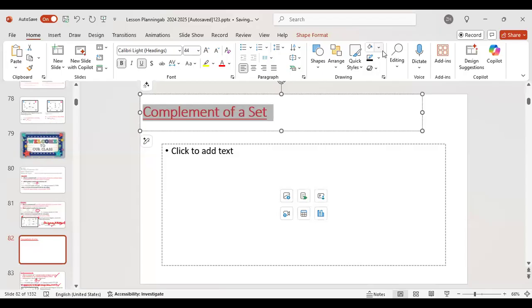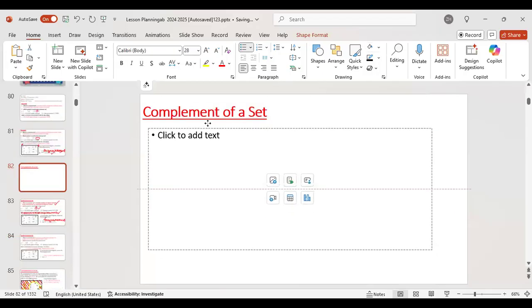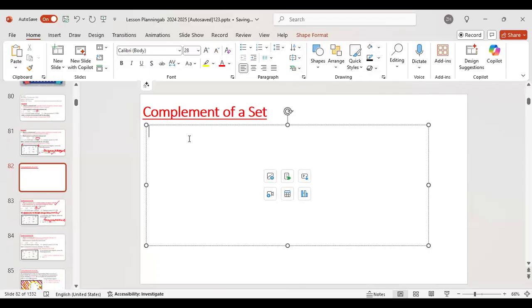All right, so let's move on from this. So we say that the complement of a set. There are different ways we could write the complement of a set, set A. So the complement of A, and A is a set. So when we say the complement of A, we're talking about the complement of a set. So the complement of set A